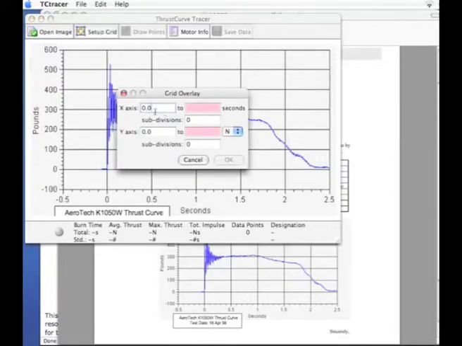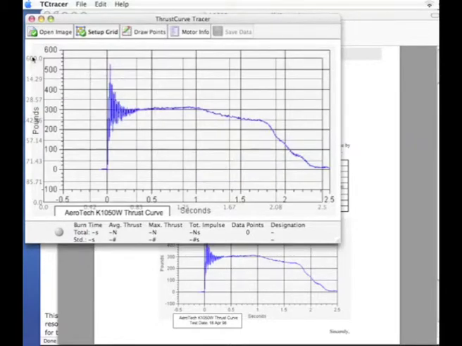And the x-axis, we're going to go up to 2.5 seconds. We're just looking down here on the thrust curve. And on the y-axis, we're going to go up to 600. And we need to change that to pounds. And the subdivisions on the y-axis is going to be 6 because we're going to go every 100 pounds, and then on the x-axis we're going to go 1, 2, 3, 4, 5, and we'll click OK, and then it draws this grid,